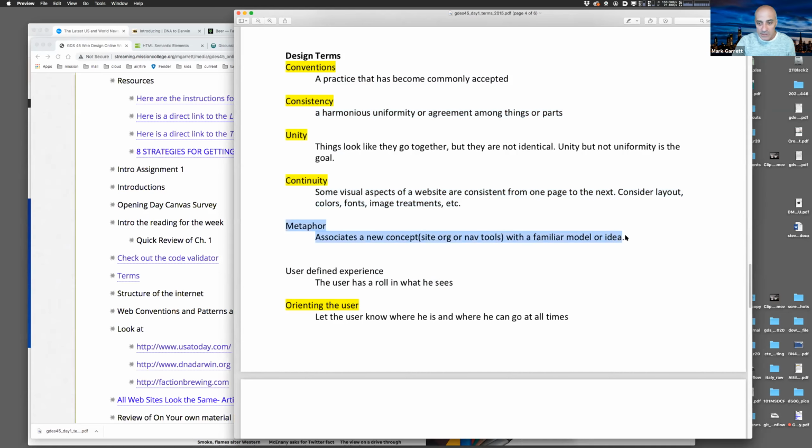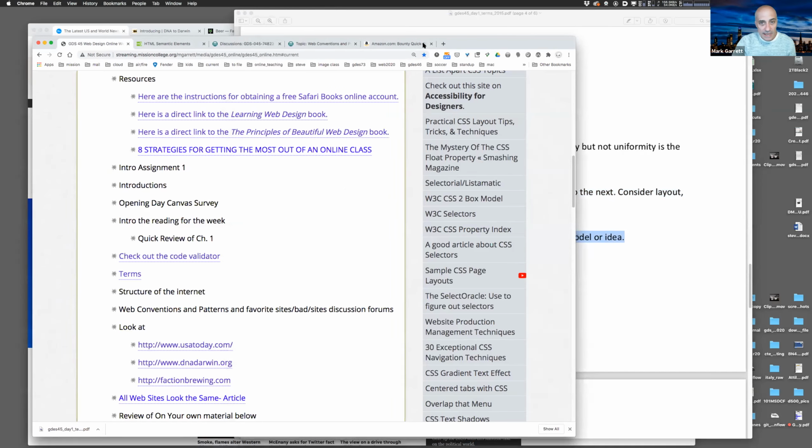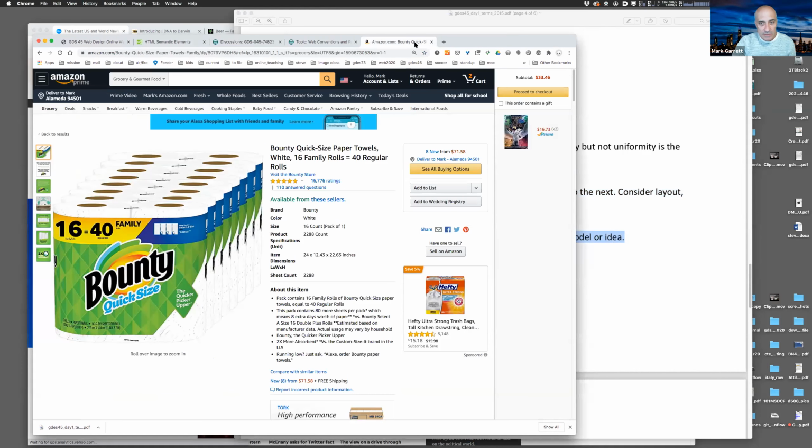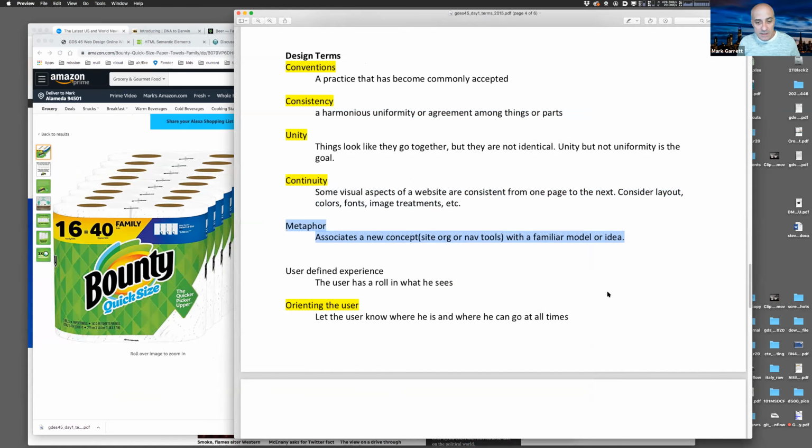Metaphor, I don't think we talked about, right? So if we look at Amazon, there's at least one metaphor on this page. So what is a metaphor? A metaphor is some signifier that represents something else, a familiar item or process that helps you understand how something works. So an example would be, I know some of you guys are Windows and some are Mac,